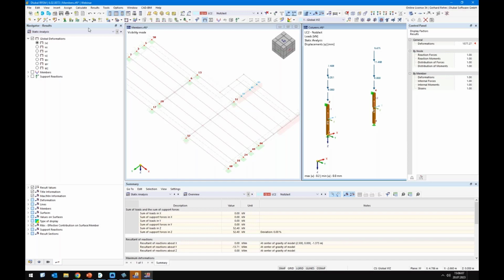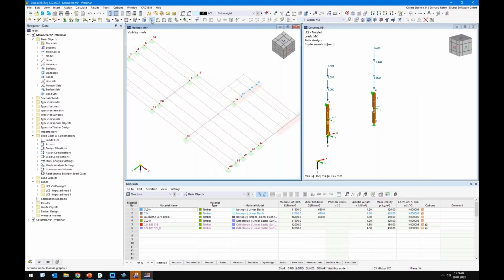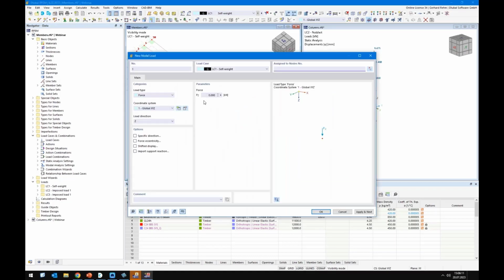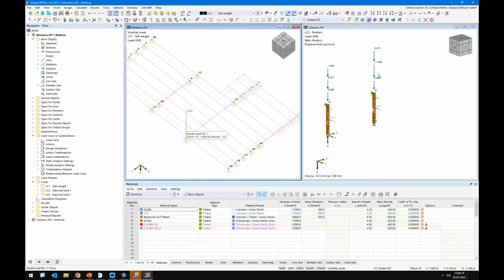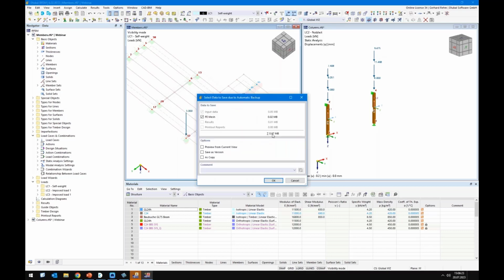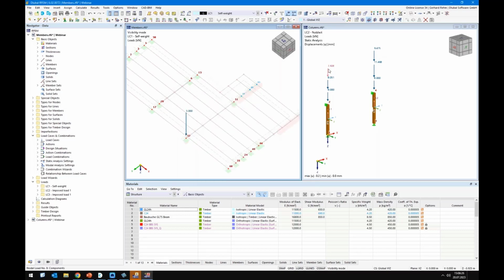What happens now when we, for example, add another load to the original model? So I will apply another load here, and you see here the loads are still available. So when does the new file realize there are changes in the source file? That happens when you save the source file. So in this case, when you click the save button again, you will realize directly, okay,